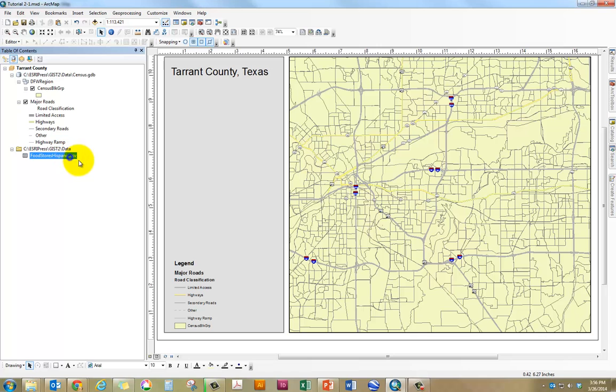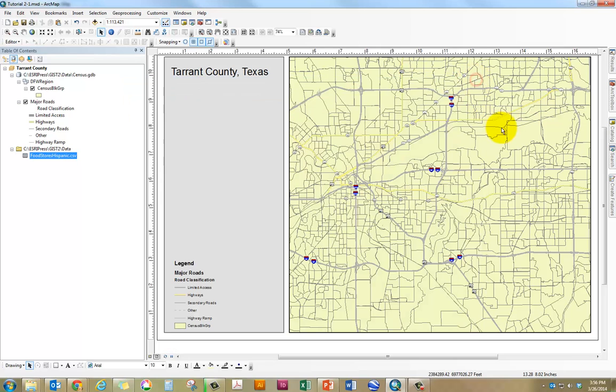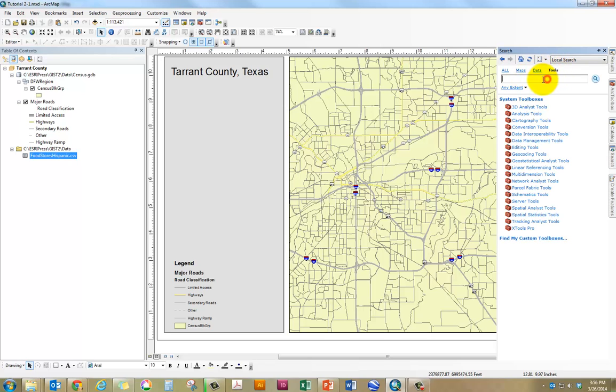Once you add it to the map, you can examine the data itself. We have store names, address, and then you have number of employees, and we have lat longs also. So what we need to do is use this latitude and longitude to actually map the locations of these stores. So I'm gonna click on search here. If you don't find it here, click on Windows and click on search or use Ctrl F, and here I'm gonna look for a tool called